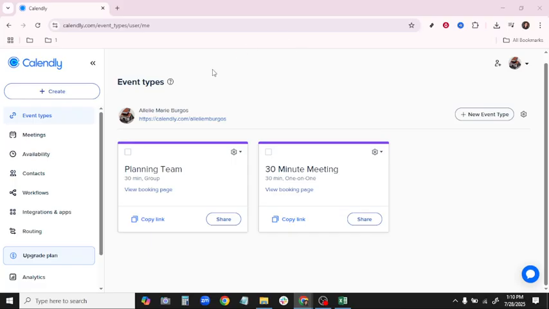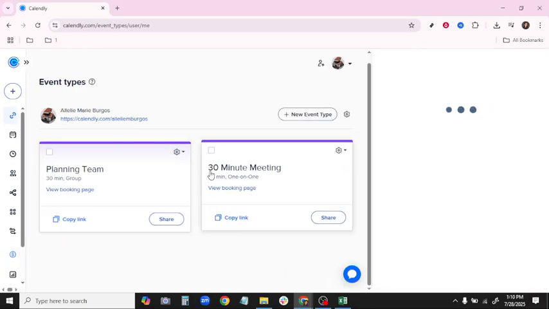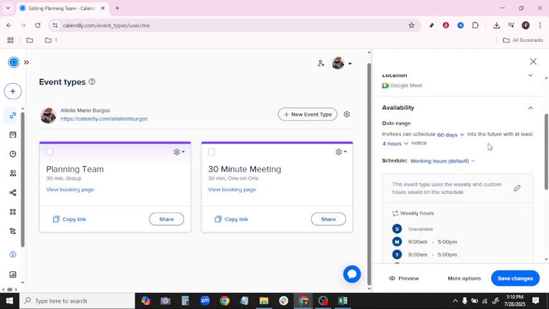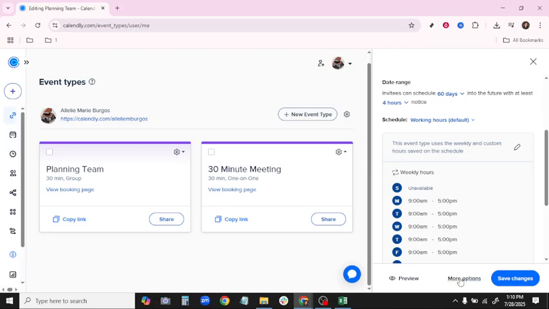The next step is choosing the event type for which you'd like to adjust the notifications. Take a moment to scan your list and identify the event you want to modify. Once you have it, go ahead and click on it. Doing this will open up the detailed view of your selected event type, offering a peek into its settings and